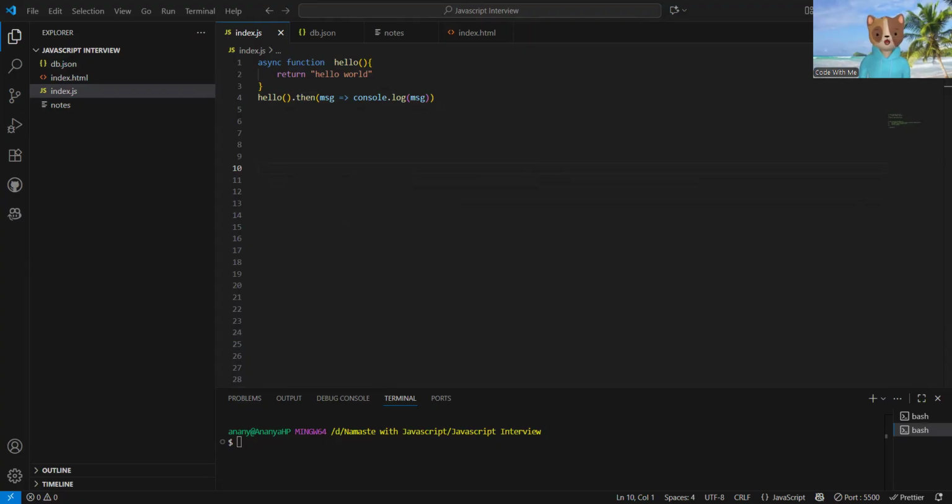Okay. So then what is await? Await is used to pause execution until a promise is resolved. Like when we call an API and try to fetch data, it will take some time to get the data, because it is not a small amount of data. To get that large amount of data, it will take time.